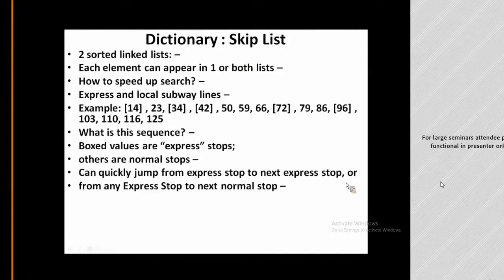Yeah, provision you have to make, right? From 10, you should be able to go to 34 in the express lane. So when you are writing the code, this algorithm should be at the back of your mind. Quick, in the express lane, jump from one express stop to the next express stop, right? Second, from any express